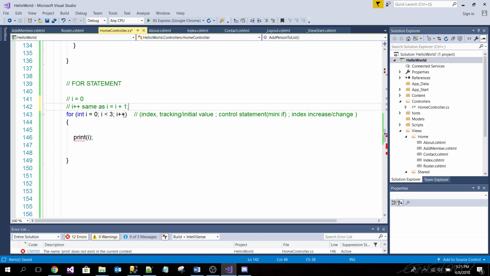It's just a shorthand version. You're going to be seeing this often, so don't let it confuse you. It just means whatever this value is, add 1.